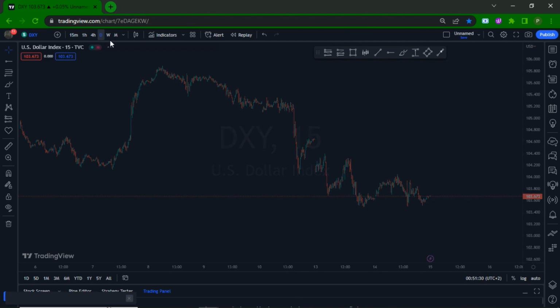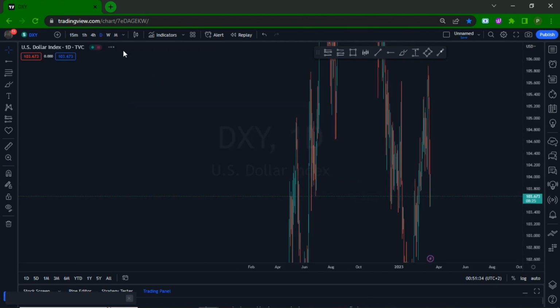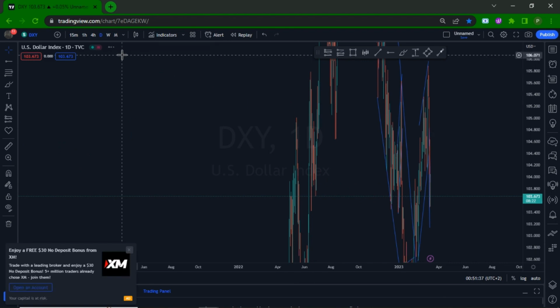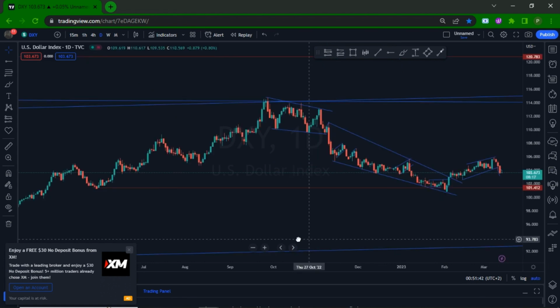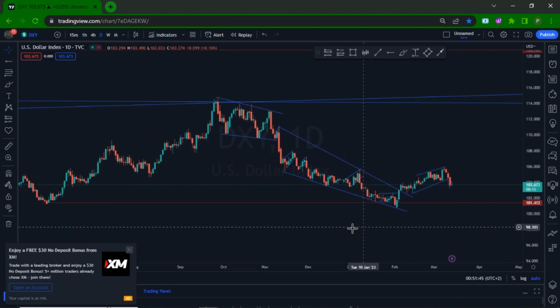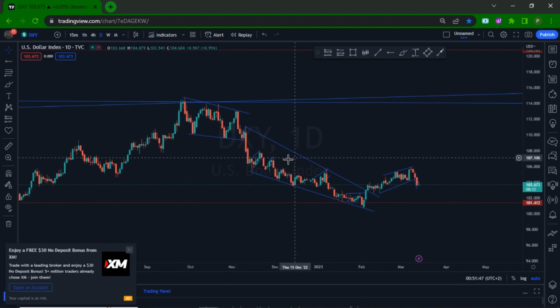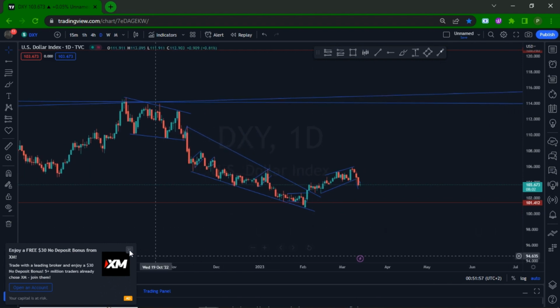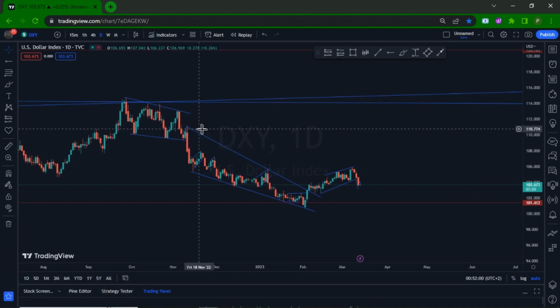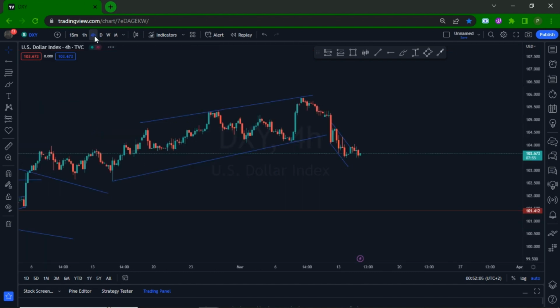I'll go to the daily time frame. All right. As you can see, we had a nice descending channel here, and then a breakout, correction, impulse to the upside. Now it's moving correctively. However, I still think that it's gonna respect the 90% rule and come all the way to the top side here. I'm looking for entry opportunities to capitalize on anything like that.